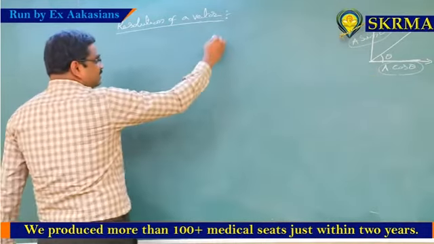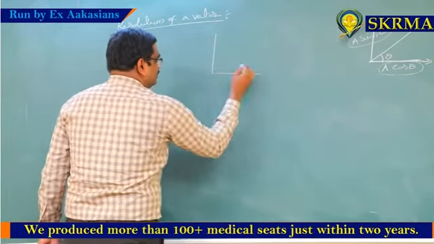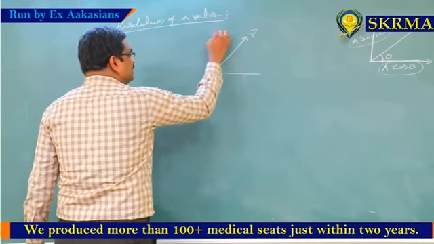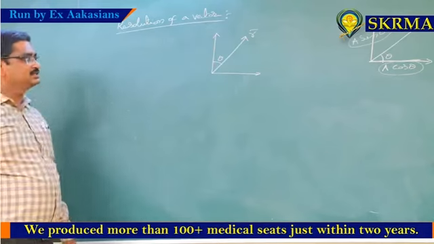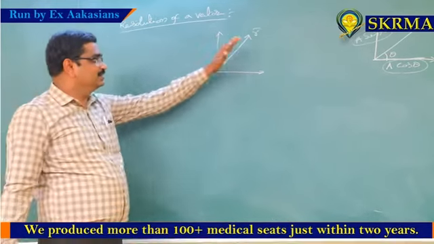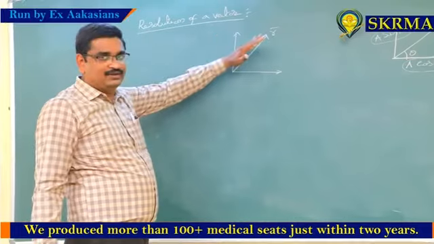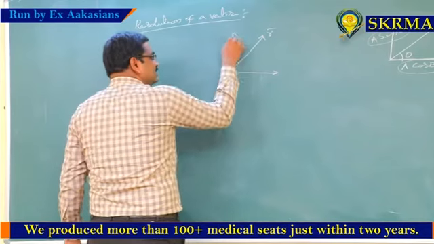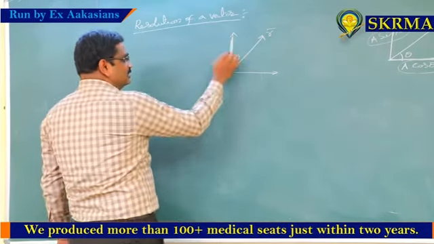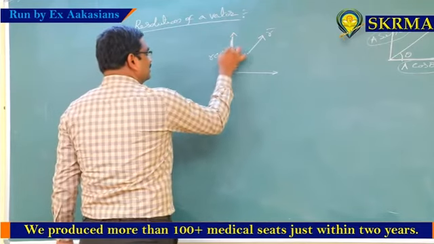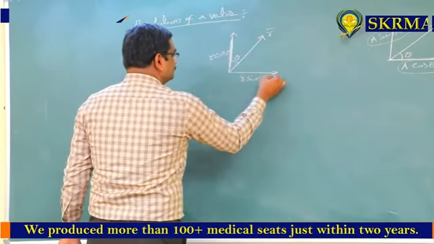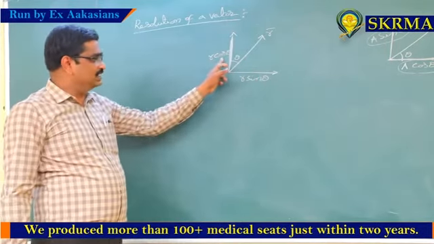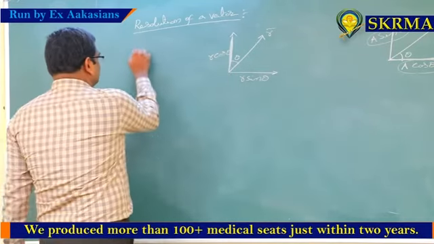Now next case: same vector r bar making an angle theta with the y axis. In this case, what is the adjacent side of vector r bar for theta? Adjacent side of angle theta is this one. In this diagram, adjacent side for the angle is this one. So it is the cos term. So r cos theta. This is r sin theta. So directly we can write: adjacent side of theta is always cos theta. Remaining side will be sin theta. So this is the second example.